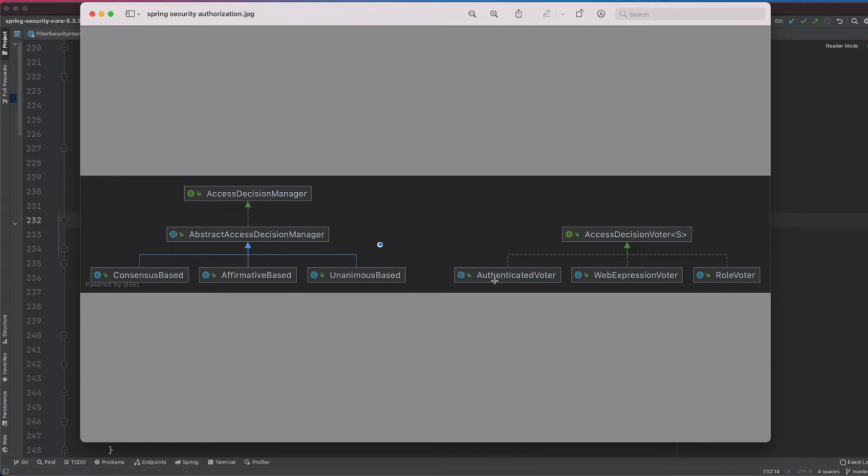Every voter will have their opinion and it is represented as a numeric value. These numbers will be tallied by the decision managers and the final call will be made. Now, as I said, every decision manager tallies the total votes in a different way. The affirmative based